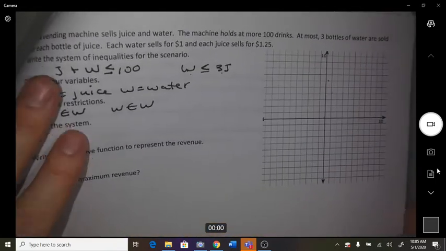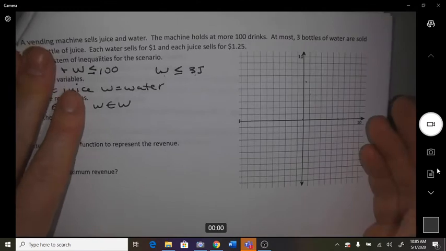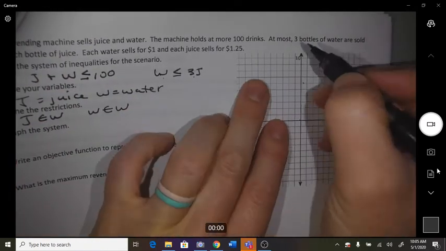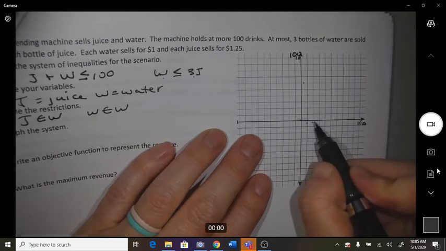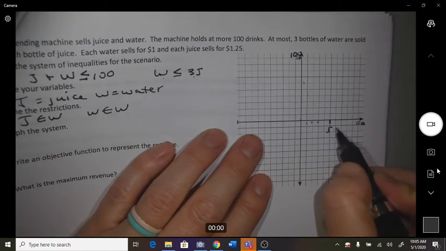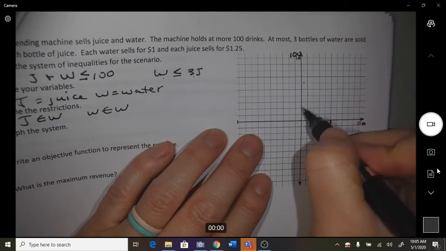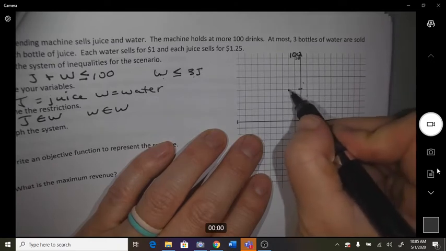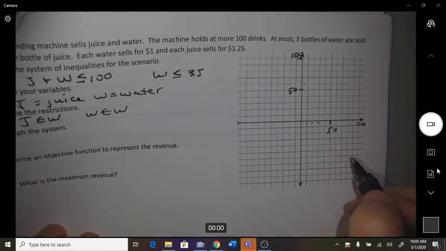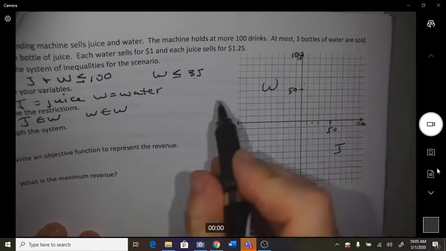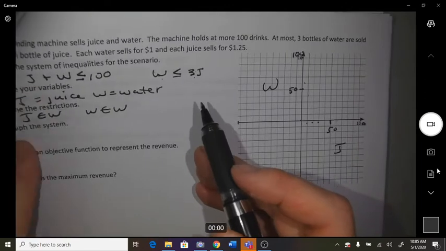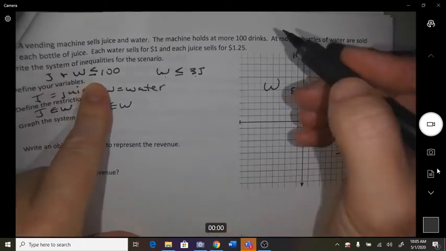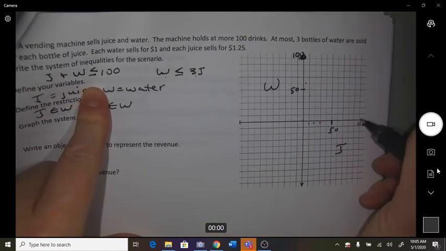Graphing the system. Okay, I'm going to make that 100 instead of 10. So we're just going to be going up by 10s. So that's a 50. And that's a 50. I'm going to put my J here and my W here because I like to do Y equals MX. Okay, so this has intercepts of 100 and 100. So a point there,